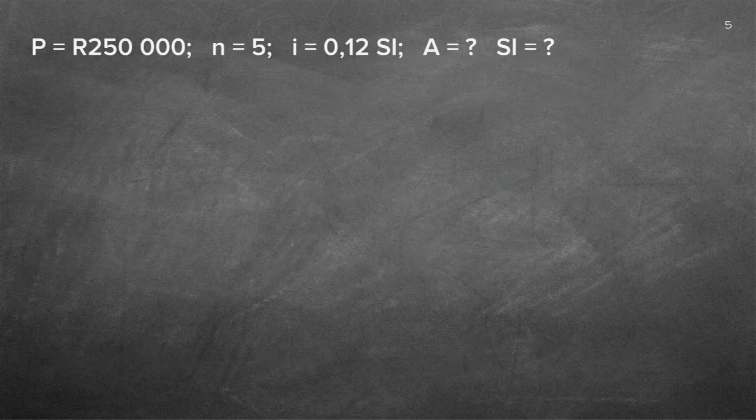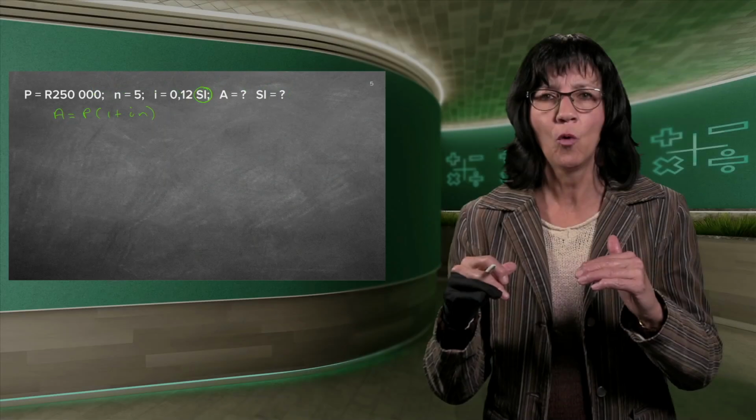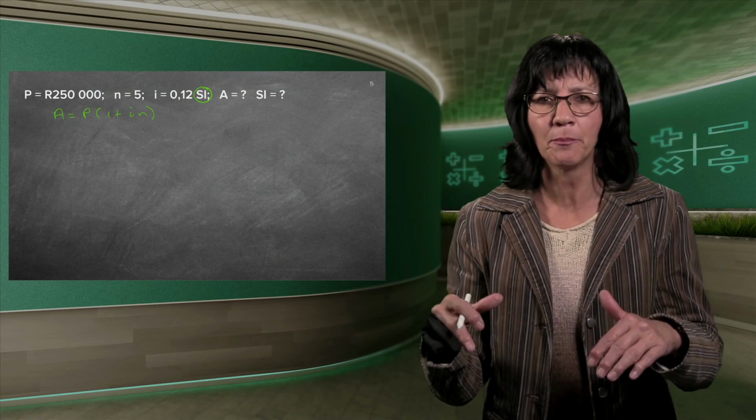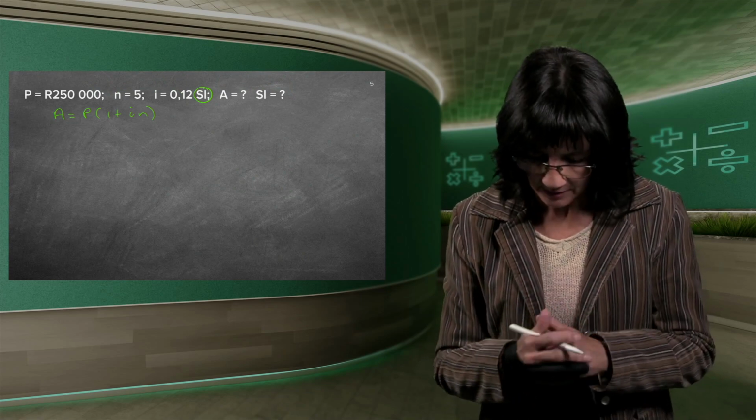So let's just get some space here. So there's everything we need to know. This is the most important part. Simple interest. So I'm going to do my simple interest formula. Everything simple, straightforward on one line. We also call it the straight line interest because it's all on one straight line, simple, all with S's. Straight line, simple interest. Good.